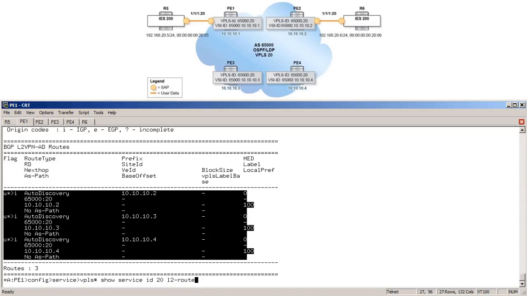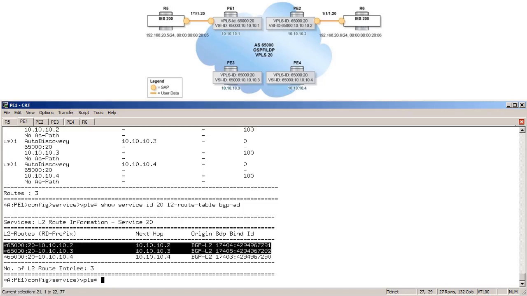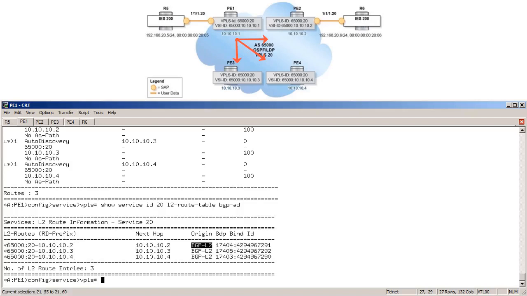We can also run show service ID 20 L2 route table BGP AD to show the routes learned by the service itself. And again, we see one route to each of the other PE routers with an origin of BGP L2 and the SDP binding ID. So now that we have verified BGP AD, let's verify that SDPs have been automatically created